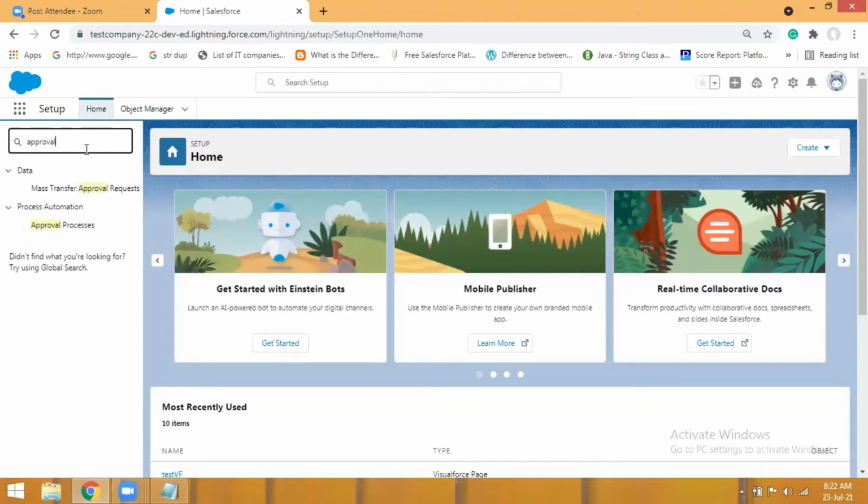But if you talk about Salesforce, this is a complete cloud environment. Here there are not many steps. The only thing is you have to write the query, and the rest of the things are handled by Salesforce. Here you don't have to establish the connection with the database. Here you don't have to think about security, because it's a cloud environment.